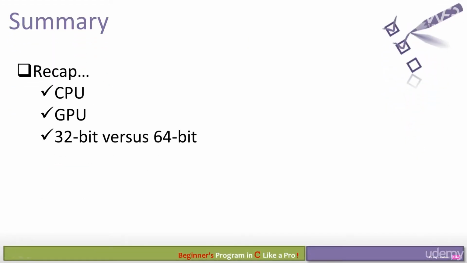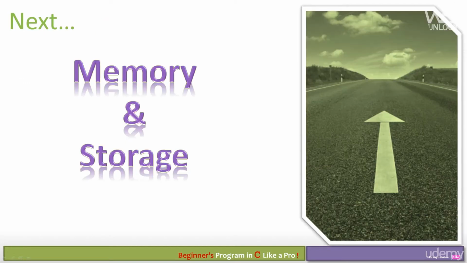Okay, as a summary of this lecture, we discussed the CPU and its components, and also we discussed the GPU and how it can process images faster than the CPU. We also discussed the 32-bit versus 64-bit processors and how the operating systems can utilize the power of the processor. In the next lecture, we're going